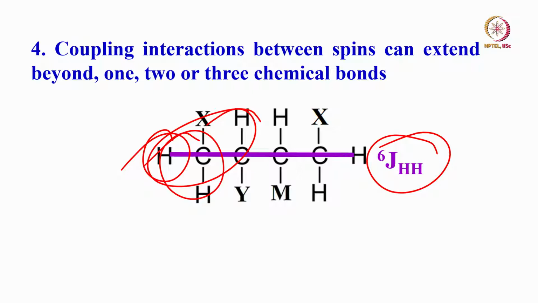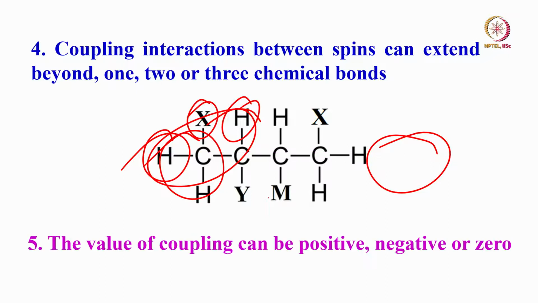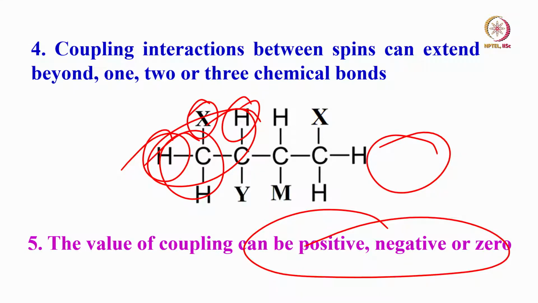So, as the number of bonds increases, the strength of interaction reduces drastically, but nevertheless this single proton can experience coupling simultaneously with a variety of protons separated by several bonds. If it experiences coupling with this one, it does not mean there is no coupling with that one; it can simultaneously experience coupling with all the protons. Only the strength of interaction differs depending upon how many bonds they are separated by.